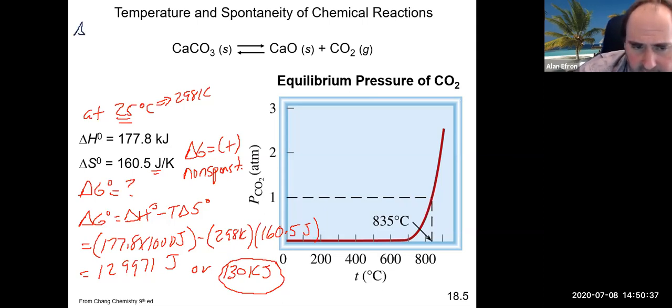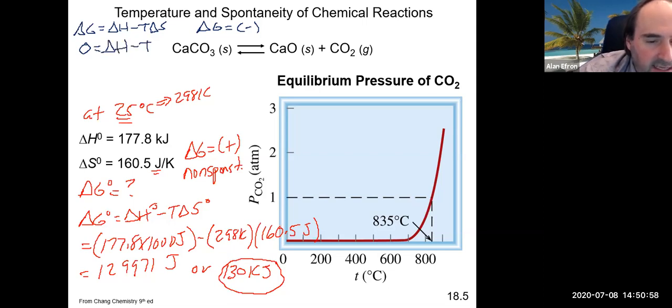So if we take the same formula here, delta G equals delta H minus T delta S. What we know, in order for this reaction to become spontaneous, delta G needs to be negative, and negative values happen right after 0, right? So we could set delta G equal to 0, and that would give us 0 = delta H minus T delta S. And if I rearrange and solve, T delta S equals delta H, which means T equals delta H divided by